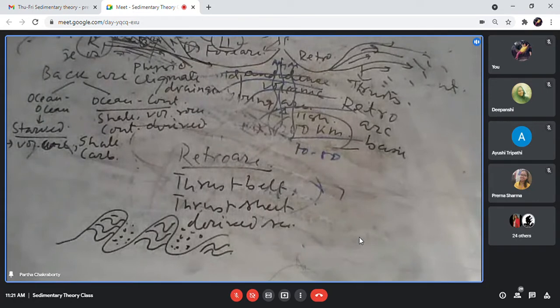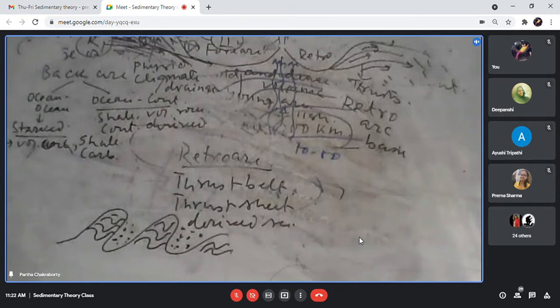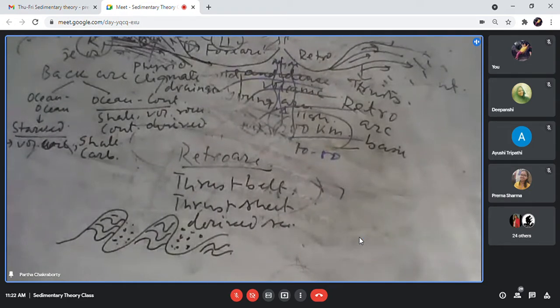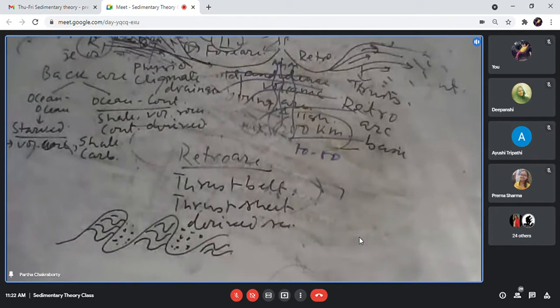Suppose you are in a very dry climatic area, the whole thing is happening. Definitely there will not be much sediment from the continent. But if you are in a humid tropical area, you have huge rainfall in that area, you develop a river system. But if the topography in the adjacent continent is a peneplain, then you do not expect much sand to come into the basin. But if it is a hilly terrain or higher topography, then there will be more weathering and more sediment will be supplied. So that's what I was trying to say.